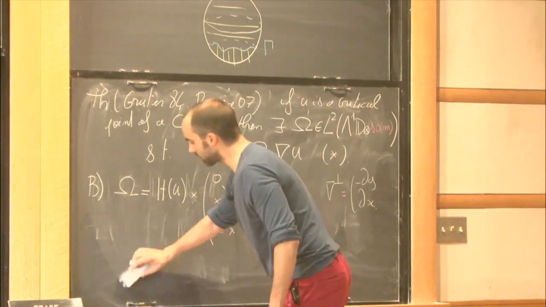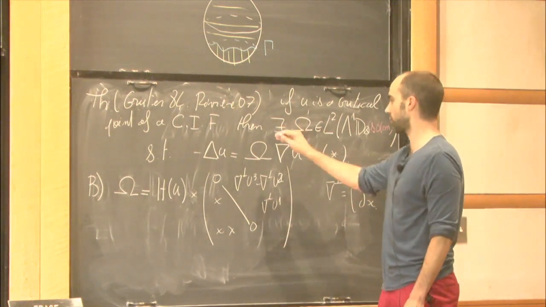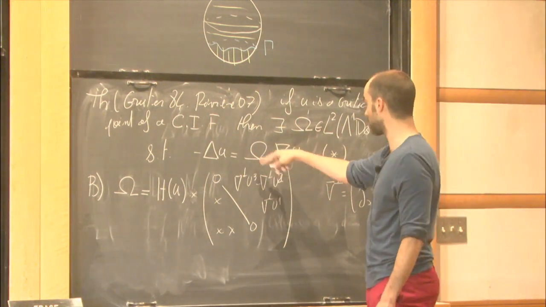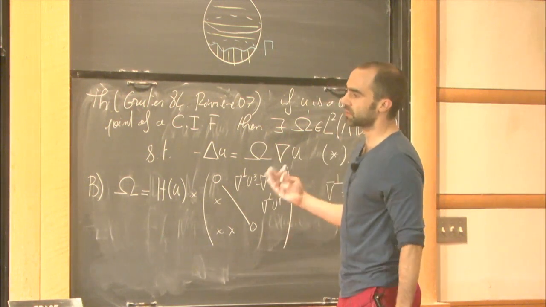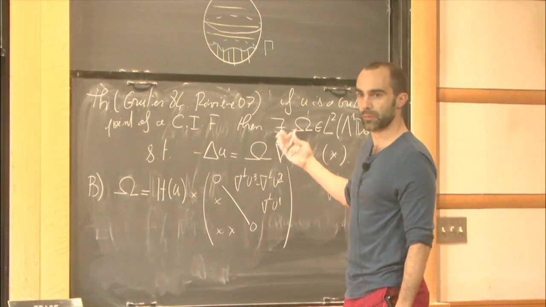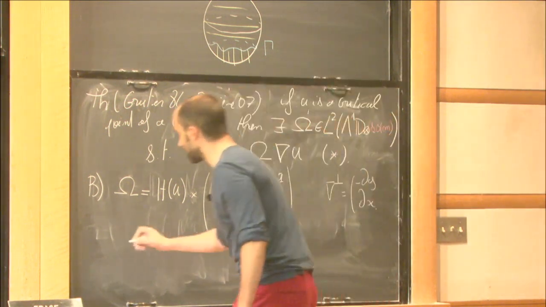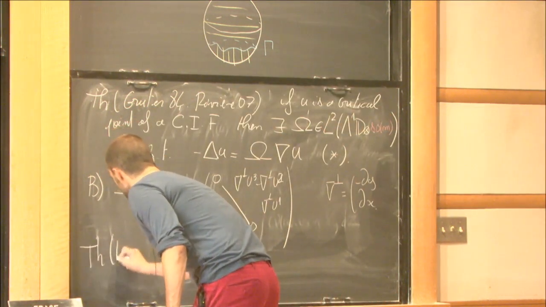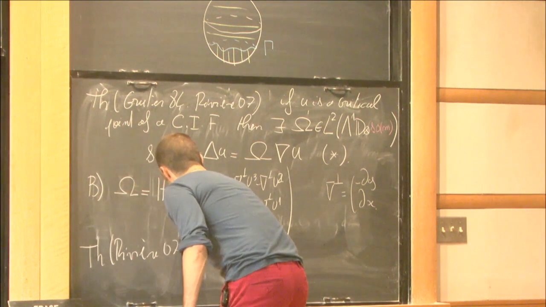So every Euler-Lagrange equation of a conformally invariant functional can be put in this form with some antisymmetry here. And Hildebrandt stated a conjecture that every critical point of a conformally invariant functional must be smooth. And in fact, what Rivière proved in 2007 is that